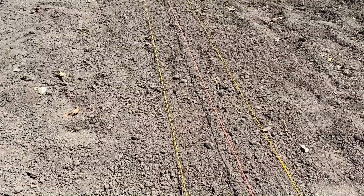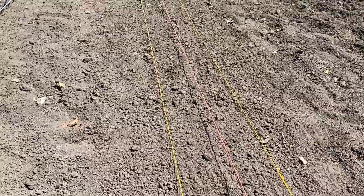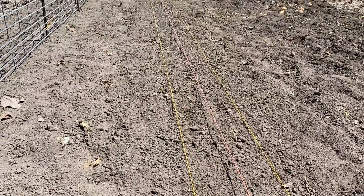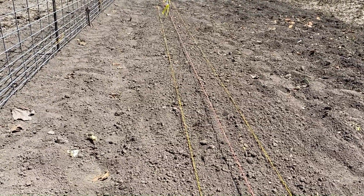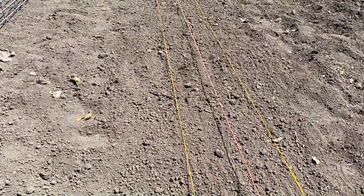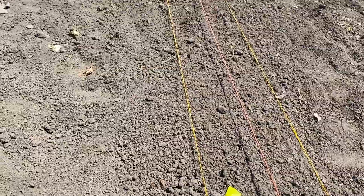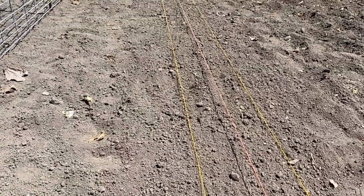Today we're going to plant carrots and beets. A couple of things that I like to do before I plant these two vegetables is to freshly till the ground, and then I will rake it out so that it's nice and smooth. Then on either side of the center line of my row, I'll put a string about 6 inches off the center line. This gives me a nice wide row, and as I plant, I'll try to spread the seeds within